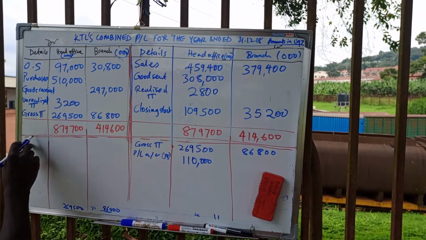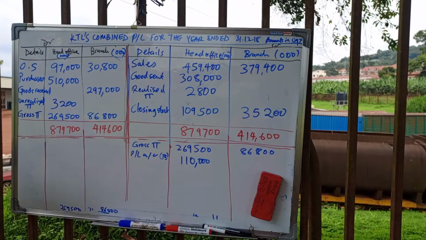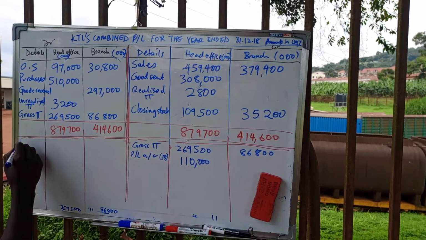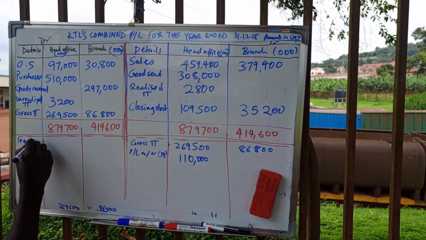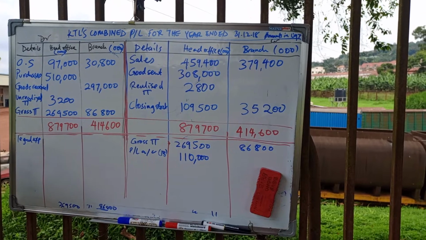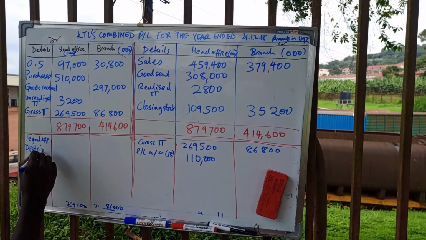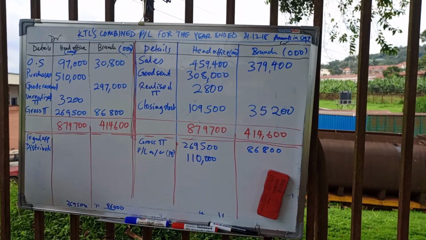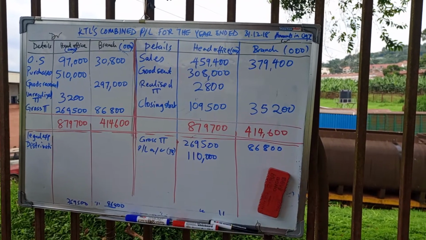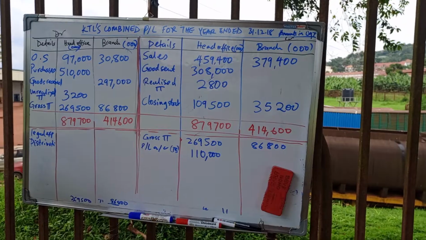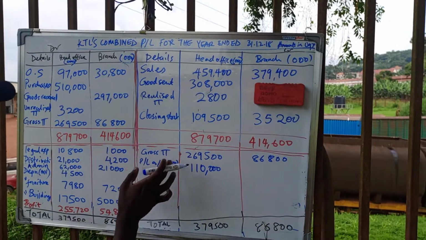So here we are going to be having our expenses. For instance, we are seeing in the trial balance, we have legal expenses. Legal expenses. We are having distribution expenses. Distribution. So we had reached the point of gross profit, whereby we